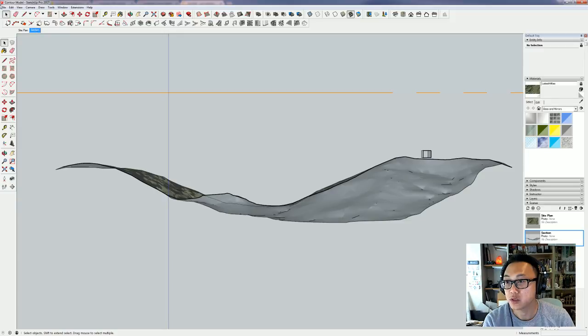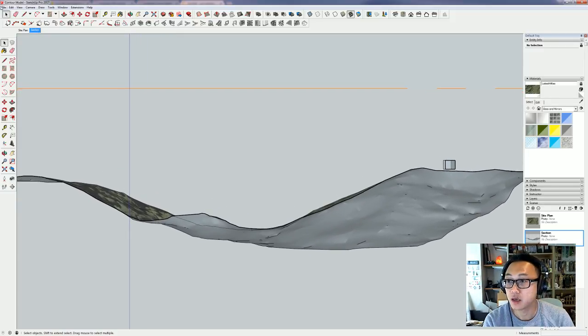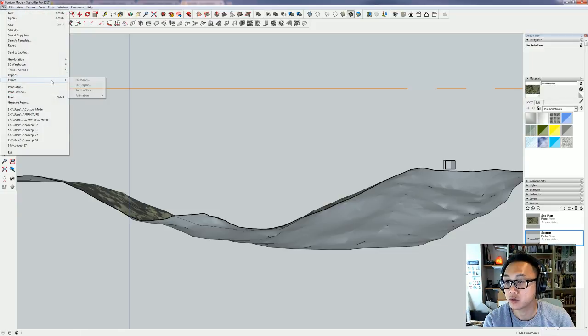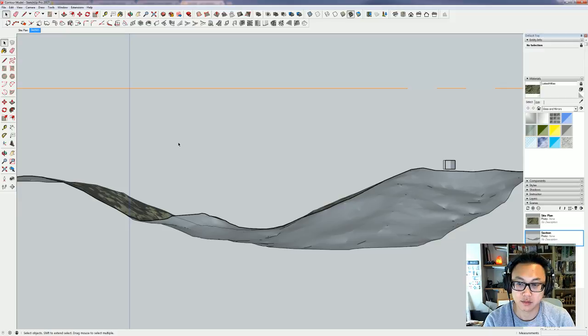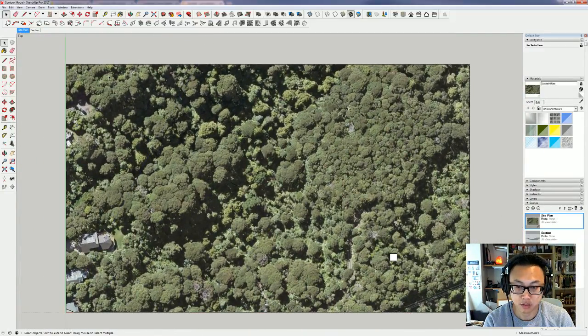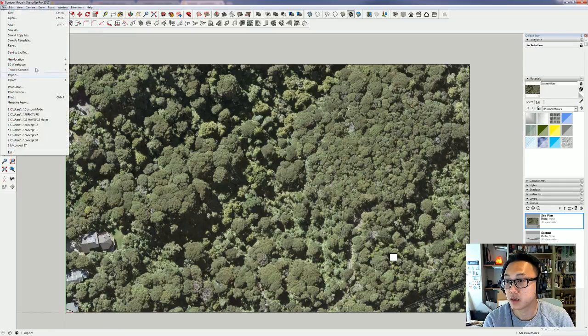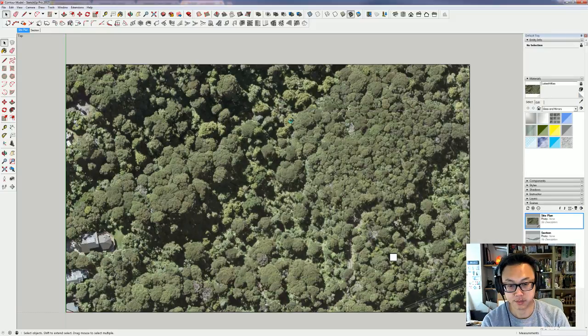Okay, so now I can just double click on the section, and I'm gonna export that as a 2D graphic. Section. And now we got a site plan. Site plan. Okay,